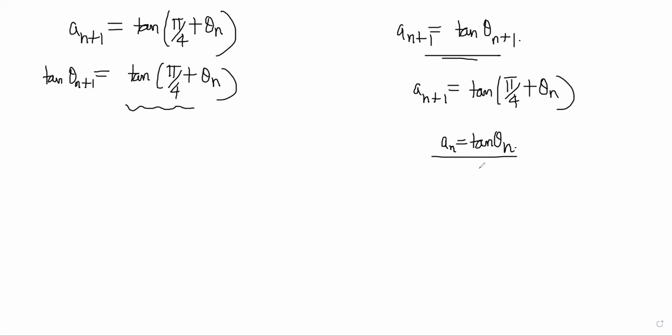So we can say that tan theta n is equal to... I want to connect this to theta of n minus 1. So can we say that tan of pi by 2 plus theta of n minus 1 is equal to this? Because that would mean what? That would mean,